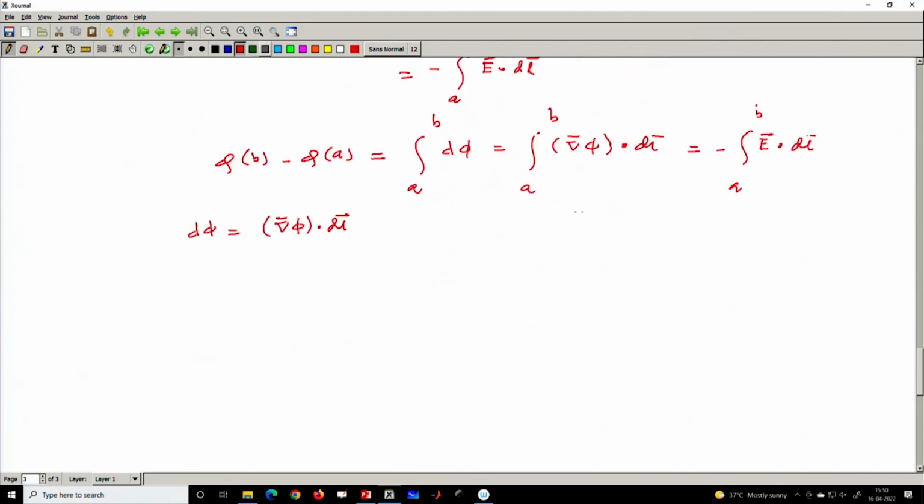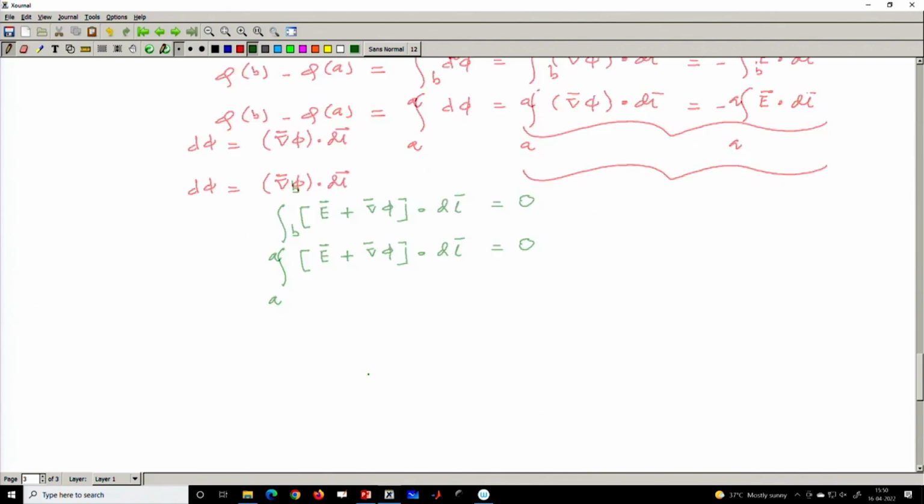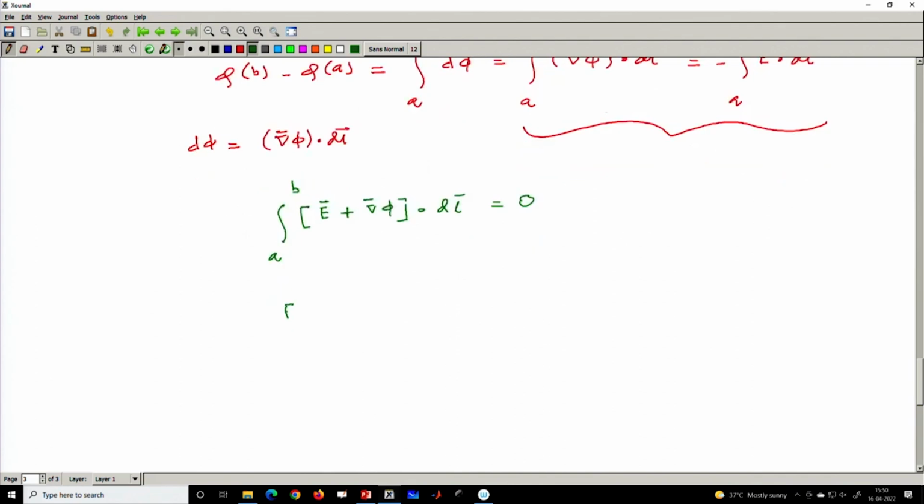So, from these two equations, from here to here, I can simply write a to b, then E minus, not E minus, E plus, this quantity is identically 0, and this is true for any line segment. So, that means I can define E in terms of